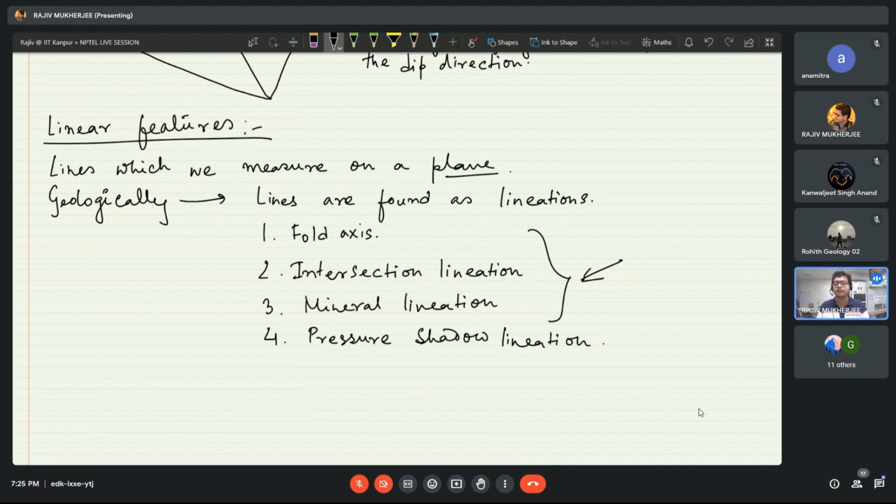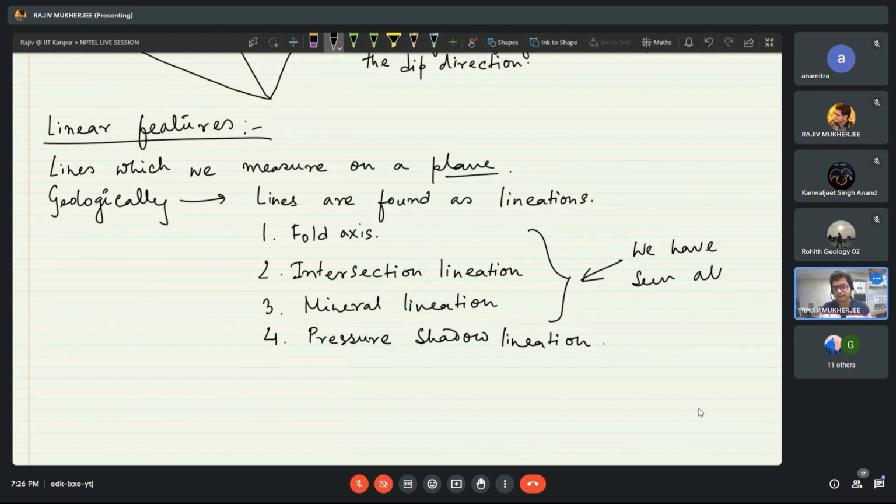All these major structural things we get from the planar data, right? Whereas the linear data provide us a brief history. If we can interpret correctly, then we can easily get the brief history of different episodes of deformation that an area has undergone, right? So in Ghatshila, we have seen all these